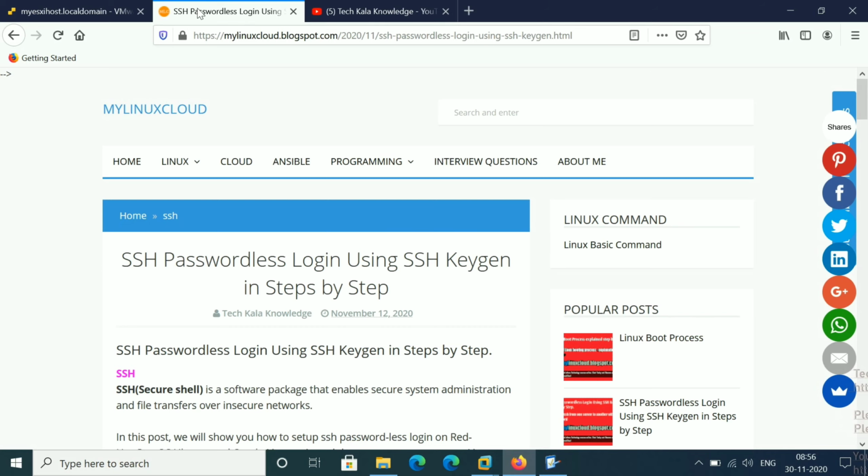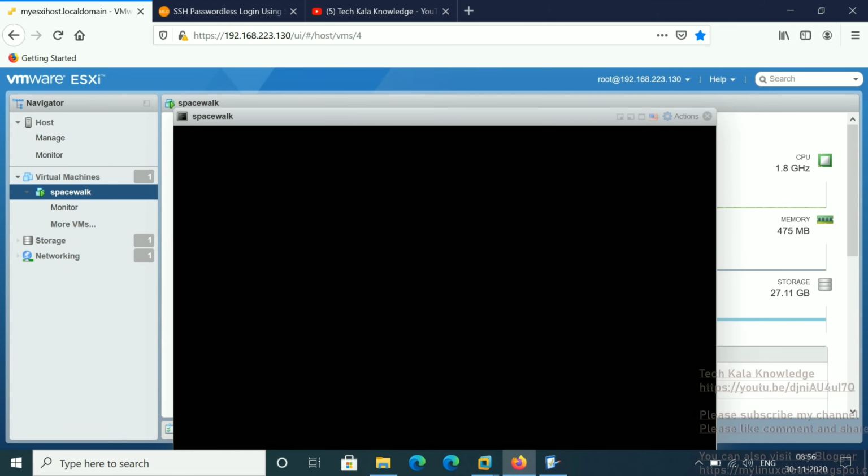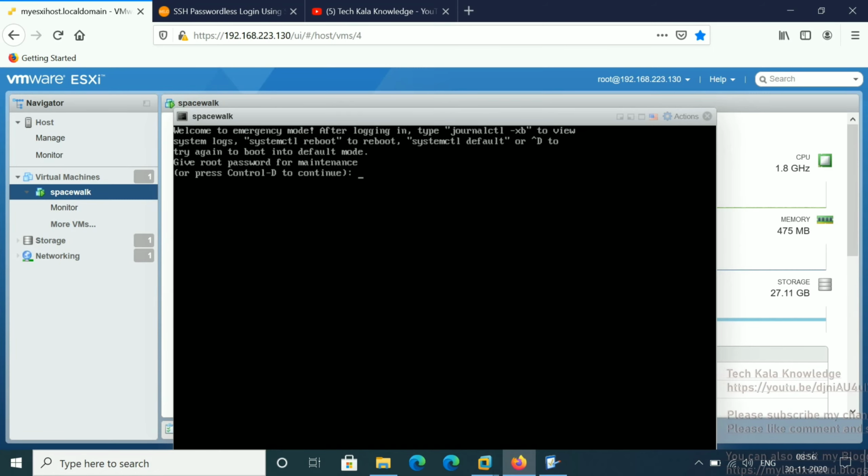Let me go to the server now. So still it's not come up. It will take 1 minute to come up. Let the server come up, then we will see that. Yeah, so you can see now again the same message, same error we are getting. Once we give control D, again the same message and same error is showing. Fine. So now two options, one control D I already gave. Now it's telling give the root password for maintenance.